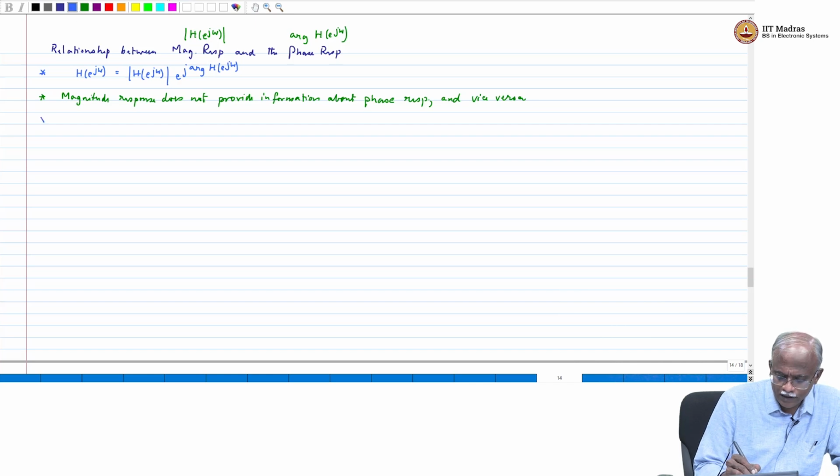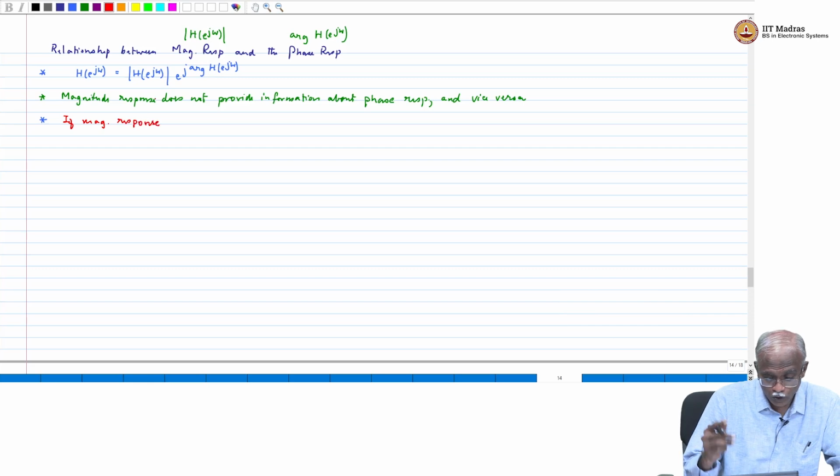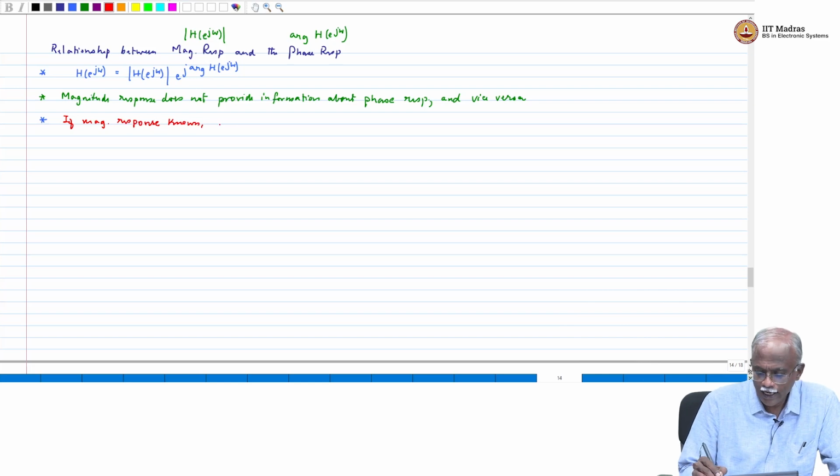But the second statement is going to be very important. If the magnitude response is known, or for example, the magnitude squared response is known, and we know the number of poles and the number of zeros,